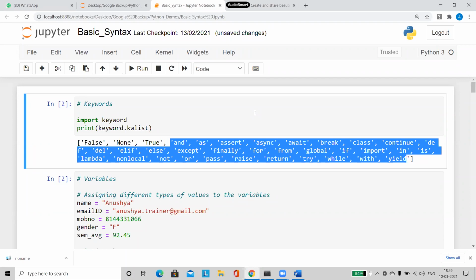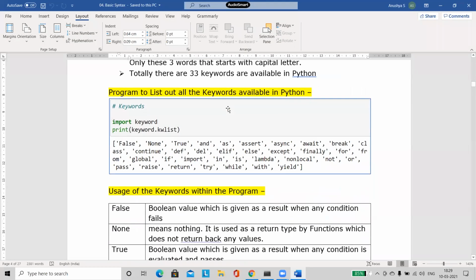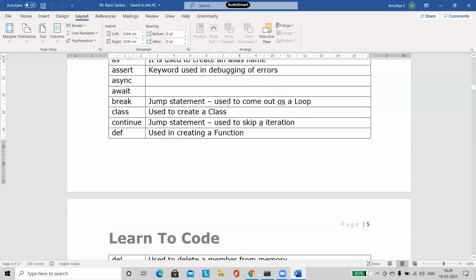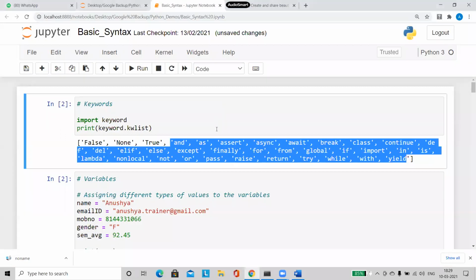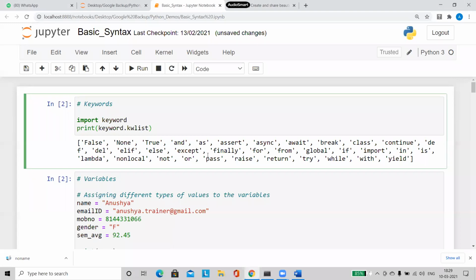Each and every word has a specific meaning and a specific task assigned to it. This is what you have to remember with regards to keywords. There is no need for you to learn all these keywords by heart, because we will be writing our programs using these keywords, so when you use them, you will remember them.